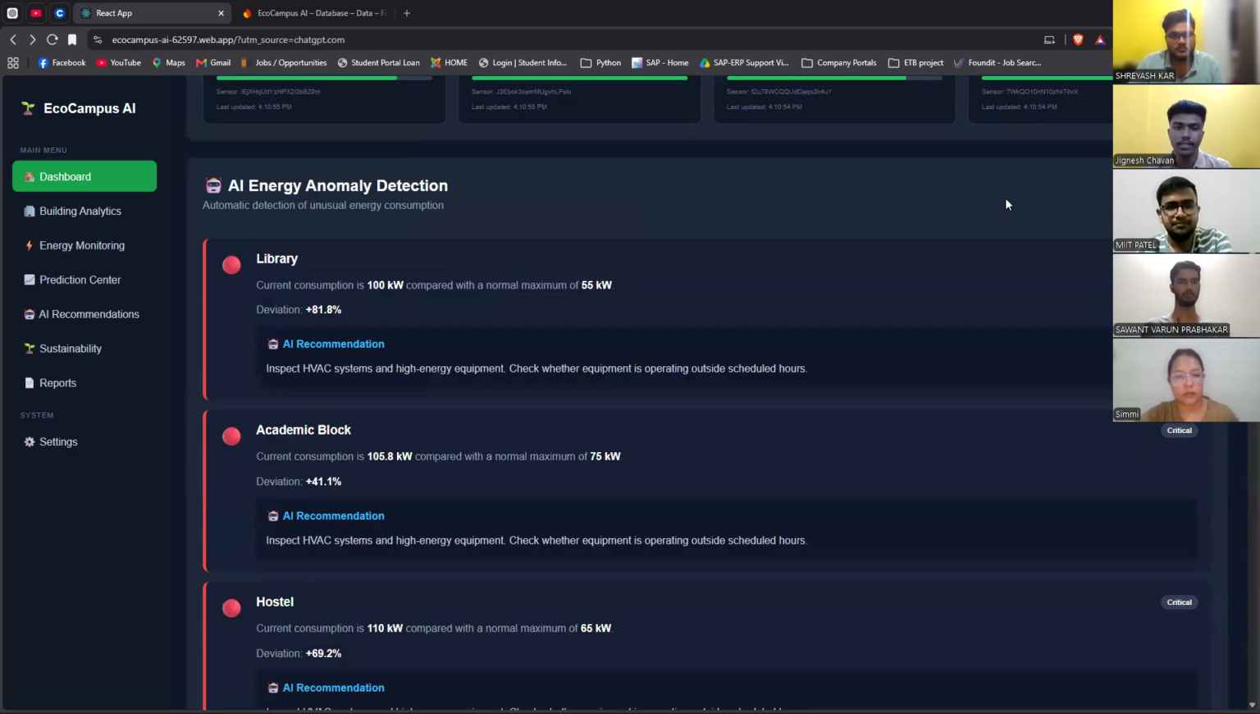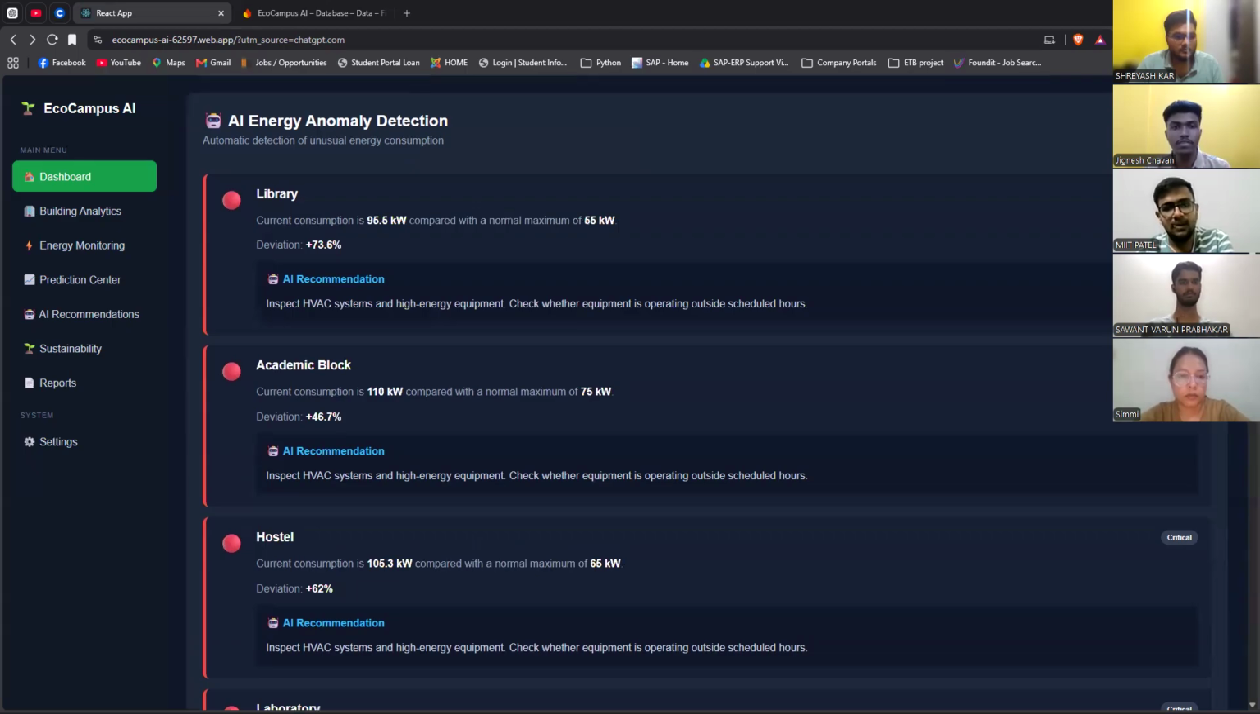So the next stage is AI energy anomaly detection. This is where the system moves from simply showing data to identifying a potential problem. For example, the library is shown with a consumption of approximately 101.1 kilowatts compared with a normal maximum of 55 kilowatts,